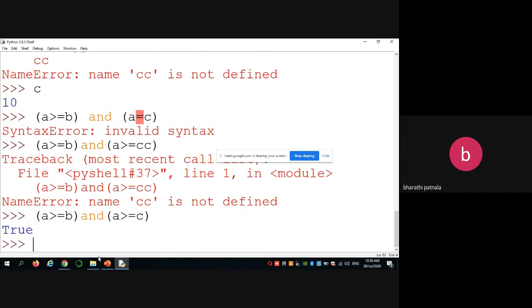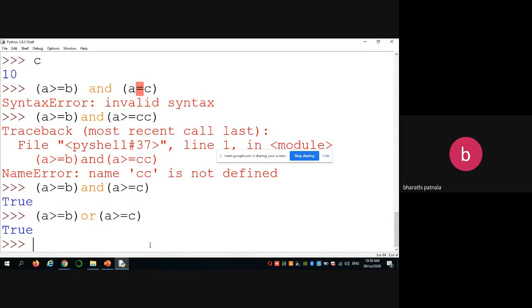Which means true. That means A is 10. 10 greater than or equals to 3 is true. And 10 greater than or equals to 10 is also true. So then it returns true. So again Alt P. Now I am changing this condition to OR. It also returns true. Because in OR, if either condition is true, then it returns true.